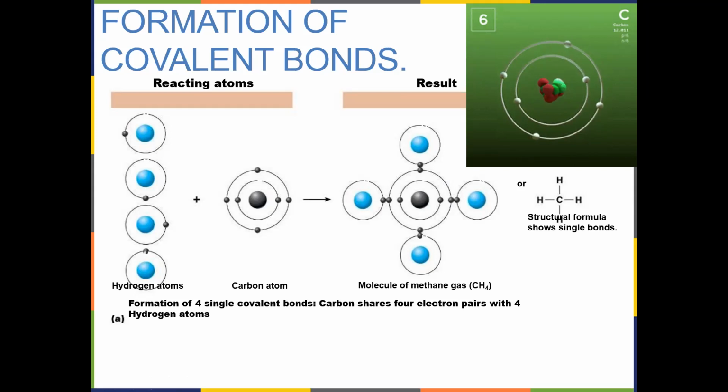This is methane gas. We write it as CH4, 1 carbon, 4 hydrogens. Or the diagram over here shows you, it looks like a little plus sign with the hydrogens at 90-degree angles to each other. And so this is methane. Now, methane gas has a great deal of potential energy. All those electrons that are being shared in here have a great deal of potential energy, and we can use that.